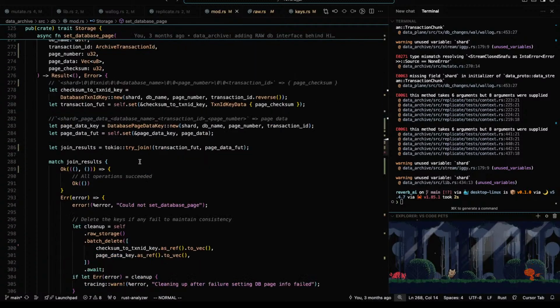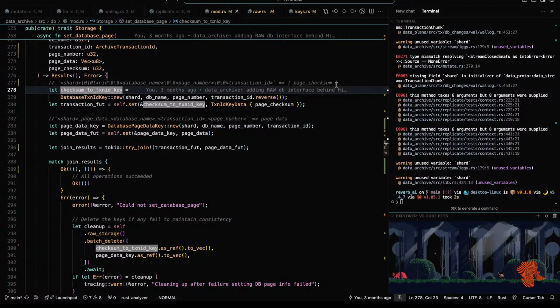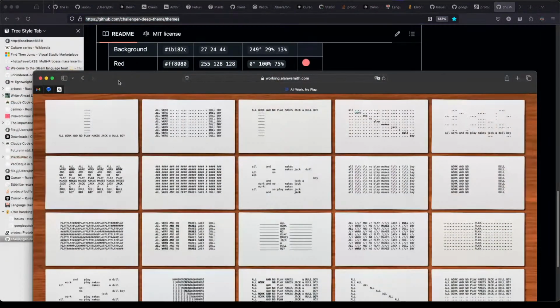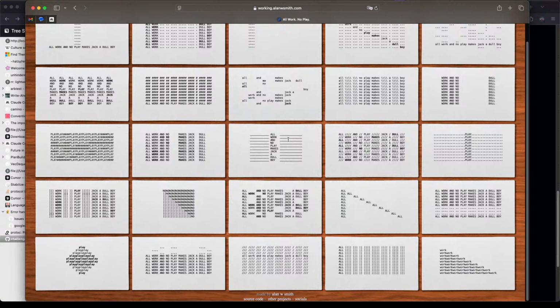Set database page. Basically, I need to keep a list of these keys. I am curious. Let's see. Here, let me bring it on screen. Here we go. I like this.